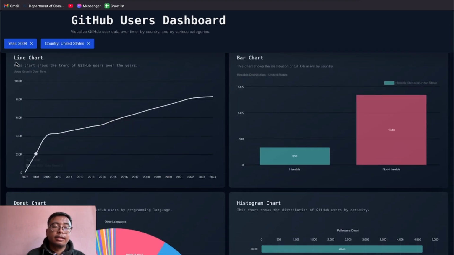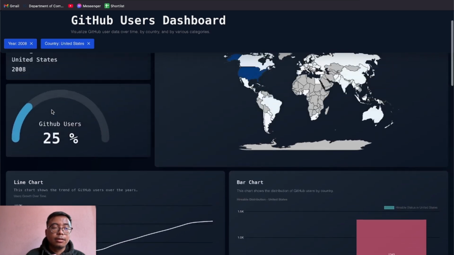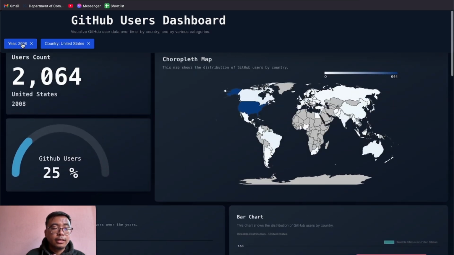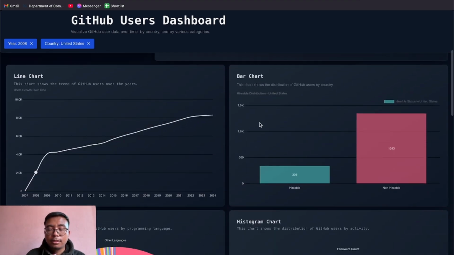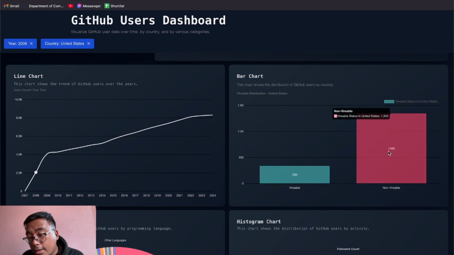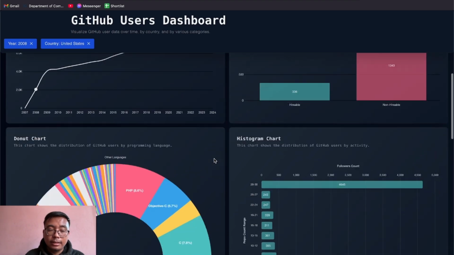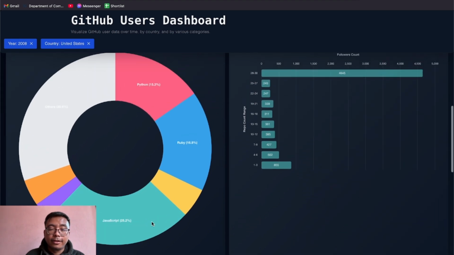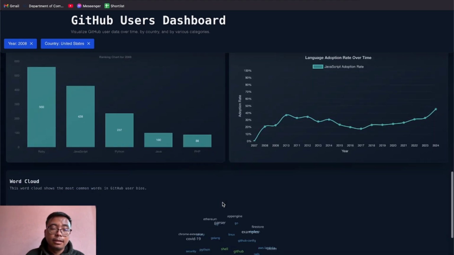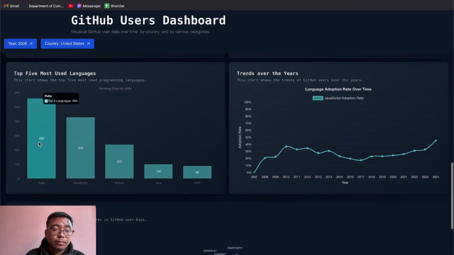2008. So you can see now the number has changed, the users count has changed from 1600 to 2064. And similarly the years, and there's the United States, and the GitHub users is 25%. Moving on, you can see the same thing in the bar chart. The hireables are 336, sorry, and the non-hireables are 1343. That means there's no change. Similarly, in the language chart there's no difference actually, and the major difference we can see here is